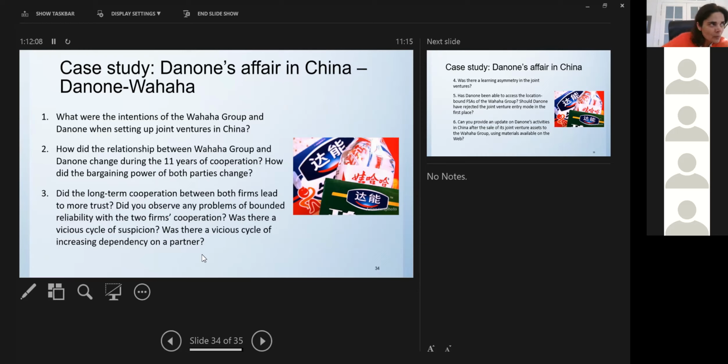How did the bargaining power change? Did the long-term cooperation between the two firms lead to more trust and less suspicion? What are the problems of bounded reliability between the two firms? And is there what we call a vicious cycle of suspicion once they no longer trust each other? In the beginning, Danone owned 41% in a joint venture